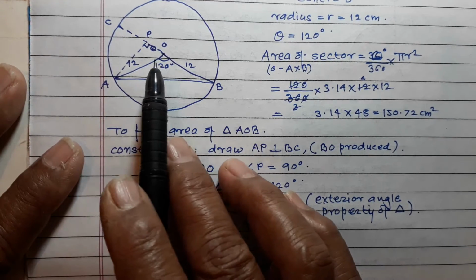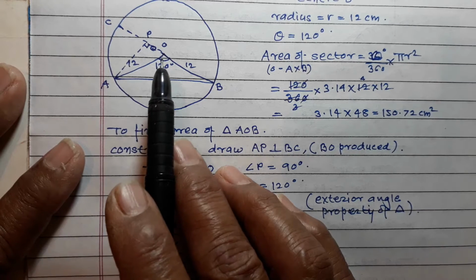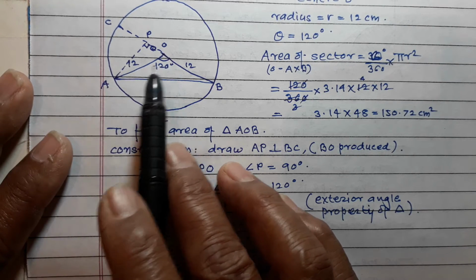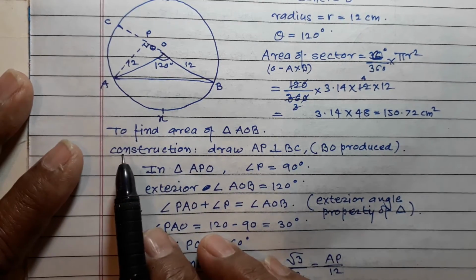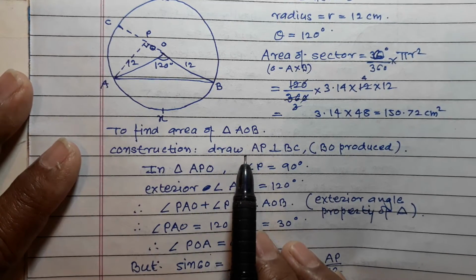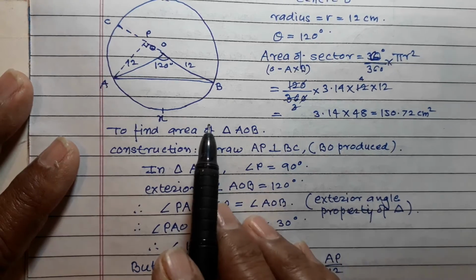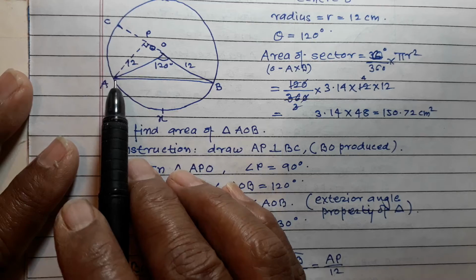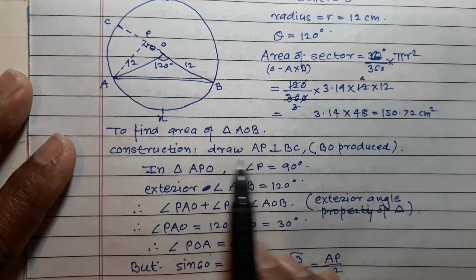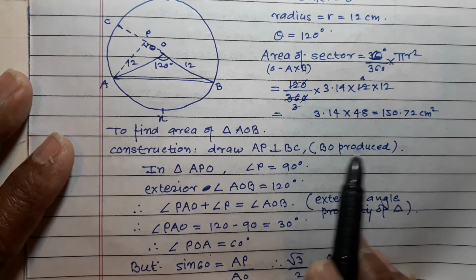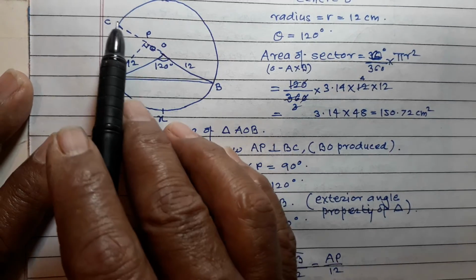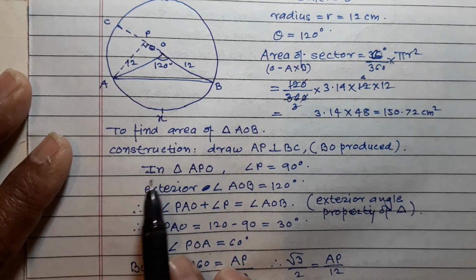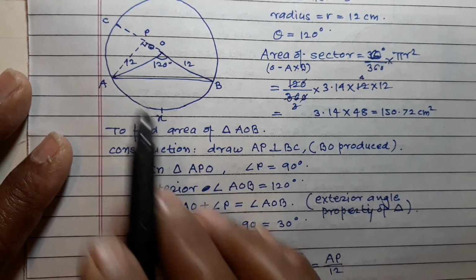Now this angle is 120 degree given, and to find this area it is slightly complicated, so try to understand. Construction: draw segment AP perpendicular to BC. So this is BC, and this is the perpendicular AP. Produce BO so that it intersects the circle, so this is the diameter BC. In triangle APO,